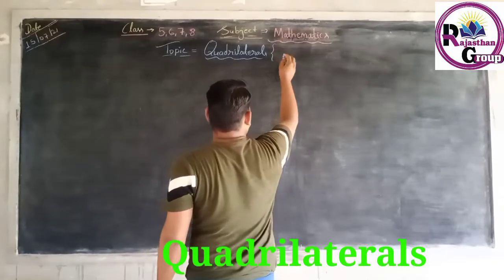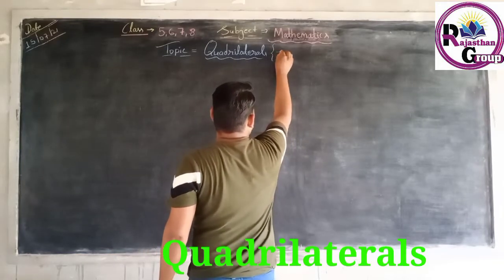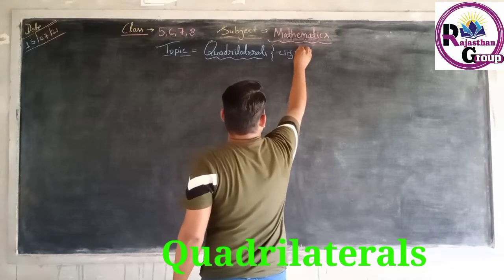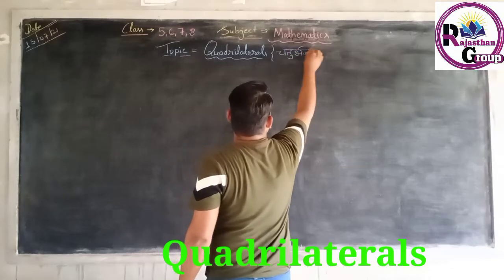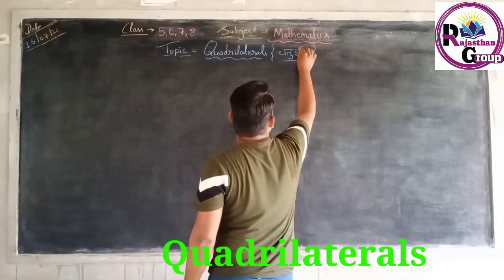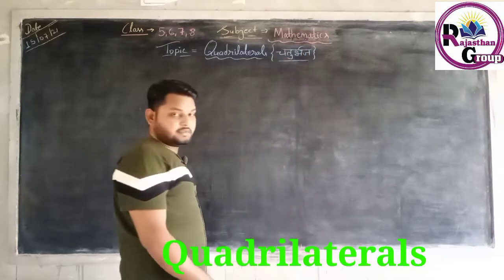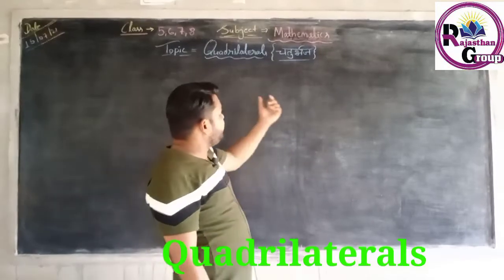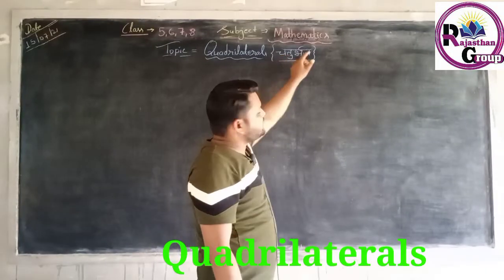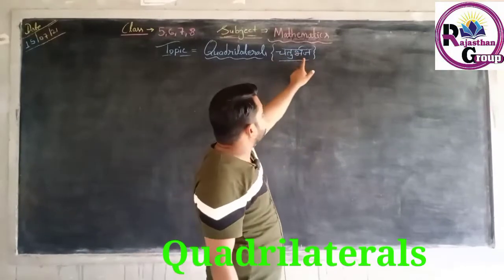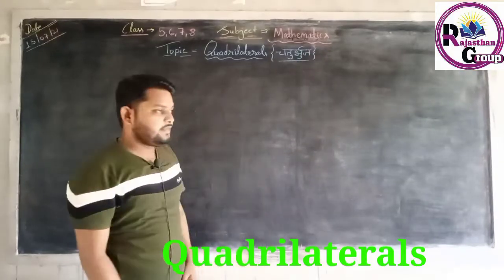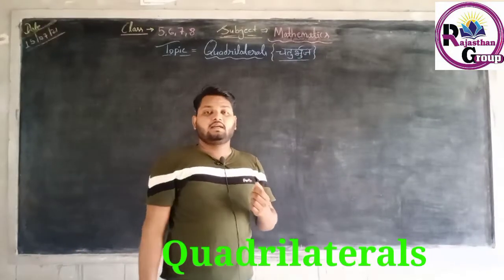Students, the Hindi meaning of quadrilateral is चतुर्भुज. It is a very simple term to understand. The meaning of it is चतुर्भुज. Chatur means four and bhuj means sides. It means a closed